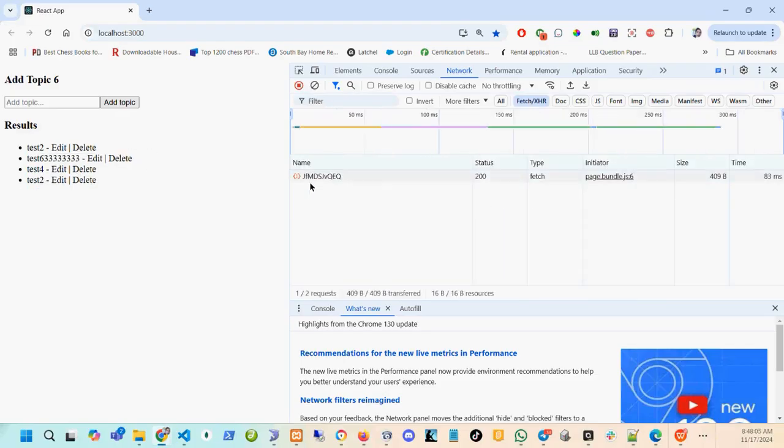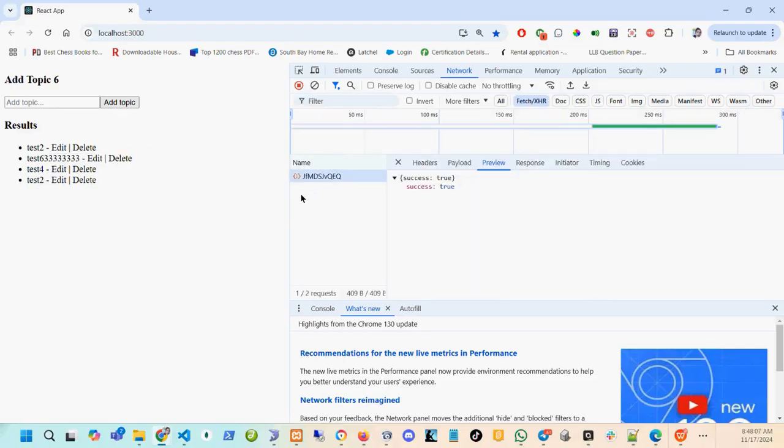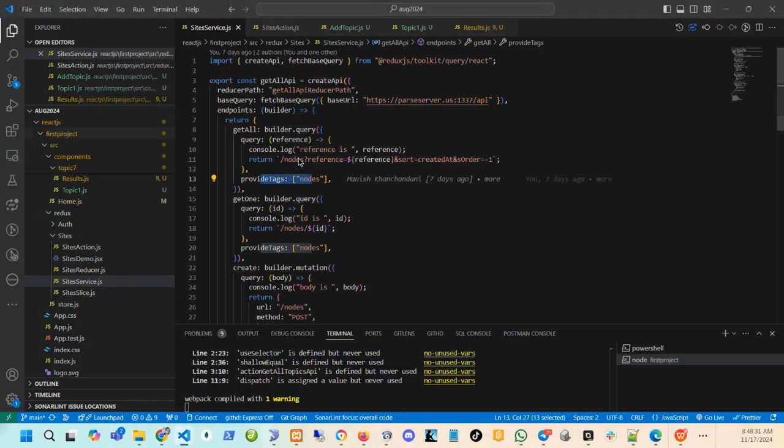Let me see. Right now only edit is called, get all is not called. So cache is not clearing. Let me see which configuration I missed. It may take time, and I don't want to waste that time here. I'll see that one and I'll let you know next time which configuration is missing and why it's not refetching. So either when you are doing the redux,